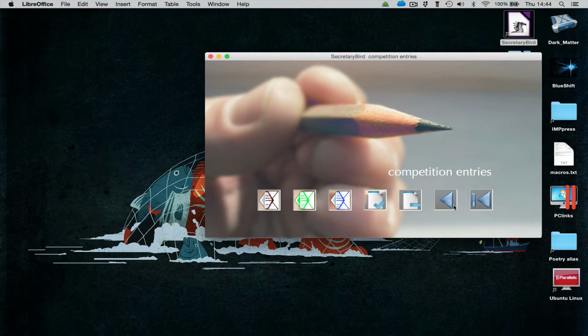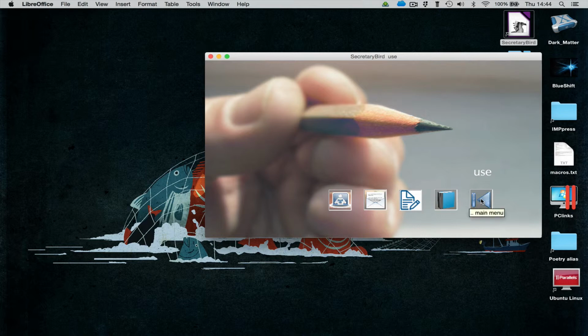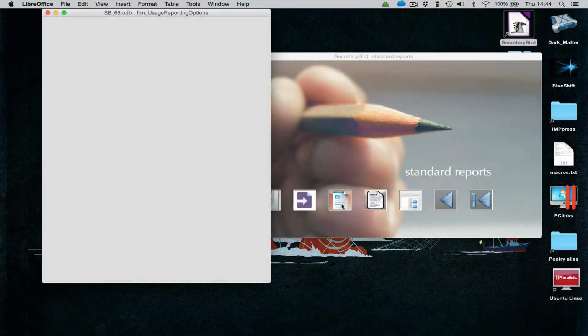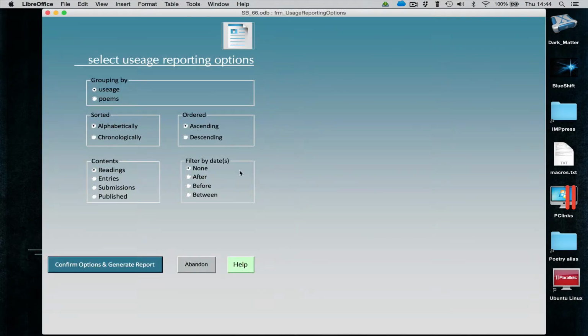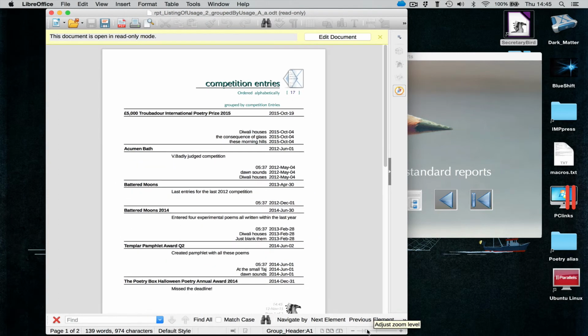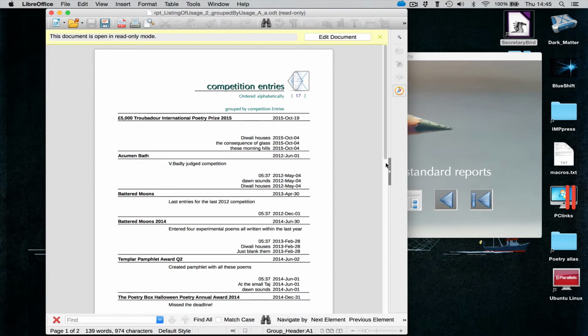Let's look at the reports of poems I've submitted to competitions. So I can go in here, go reports. Here I want to look at use. So usage reporting options, and I want to look at entries, and I want to look at all of them. I'm quite happy to have them sorted alphabetically, ordered ascendingly, and let's generate a report. Here we are. If I just zoom this report a little, you'll be able to see we've made 17 competition entries,